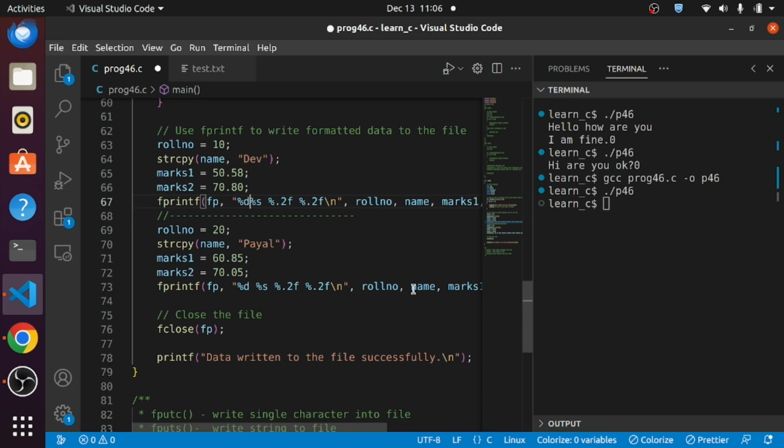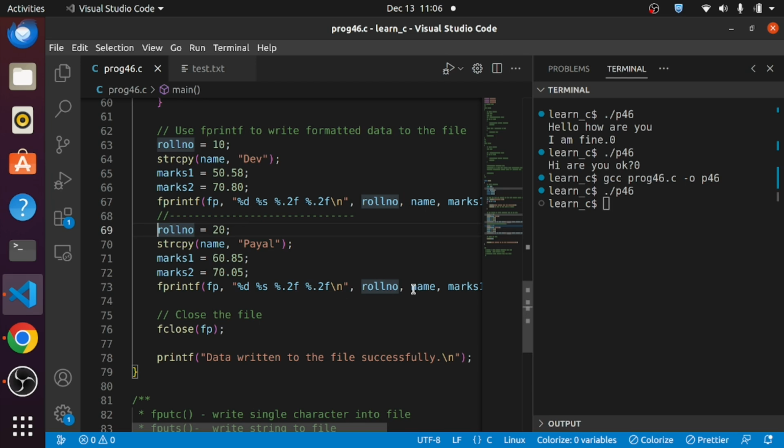If everything is concatenated, then for reading purposes it will be treated as one string value. So for the separation I have passed a single space. You can pass more, but at least one space will be there in the single line of data, right? So one space and one space. Okay, now